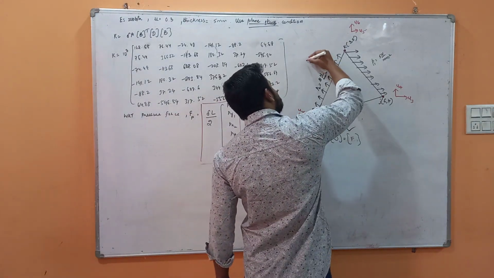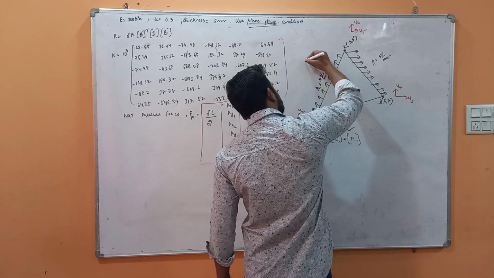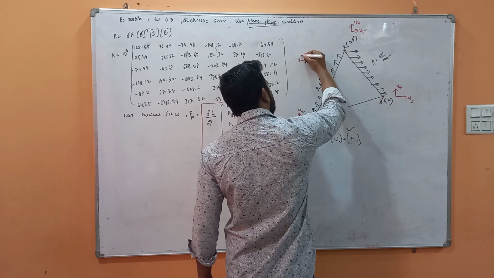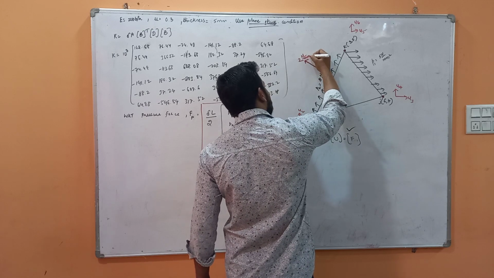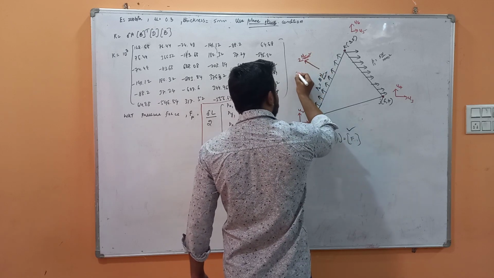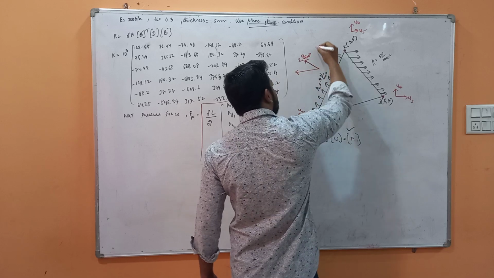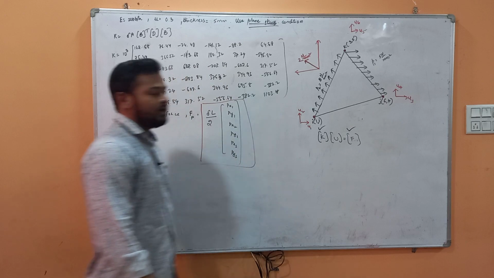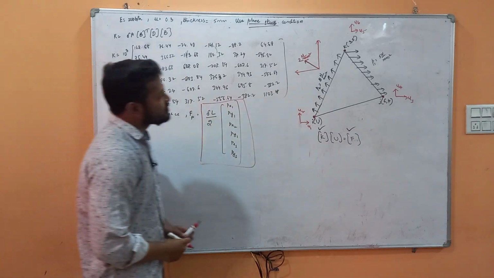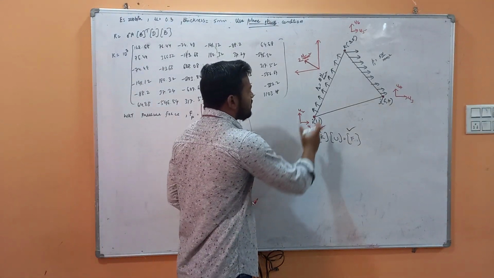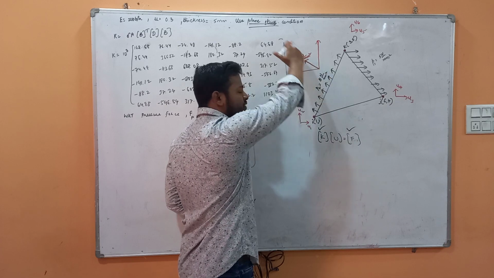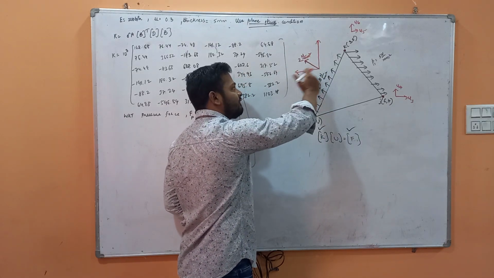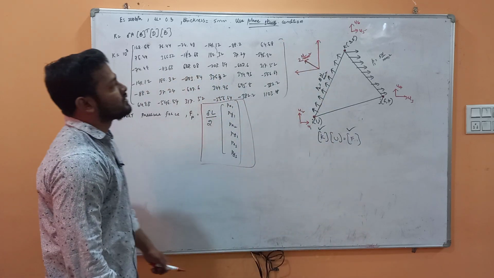So if we resolve this pressure force of 2 Newton per mm square, what will be the two directions? One will be in the leftward direction and one will be in the upward direction. Okay. So this pressure force is going to have two directions because this is a force in which quadrant? A force in second quadrant will have leftward and upward directions.